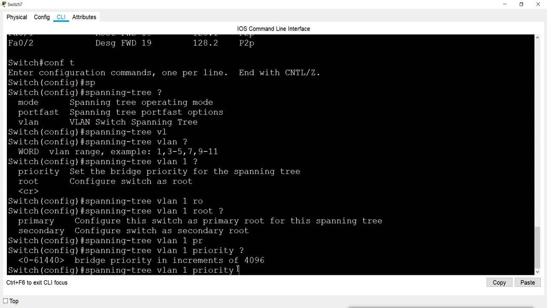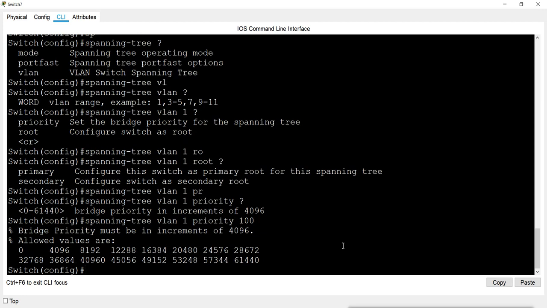We can give any number from 0 to 61,440, but we cannot give just any number. For example, I cannot use 100, because it always increments in steps of 4096.